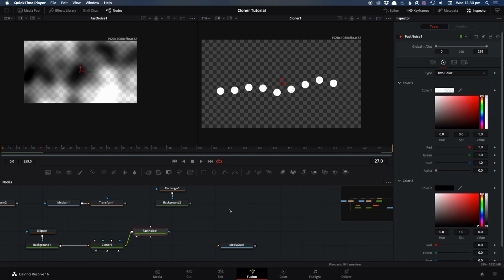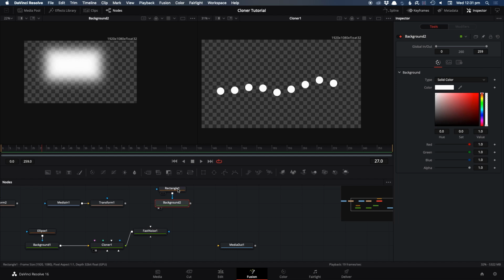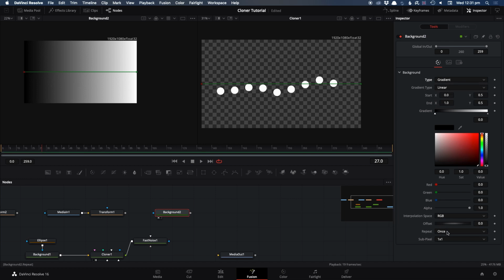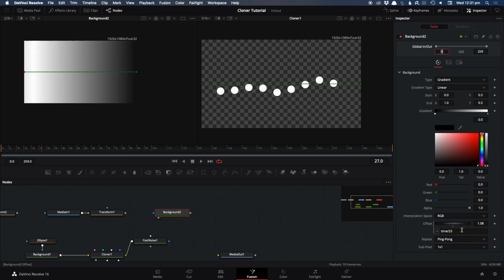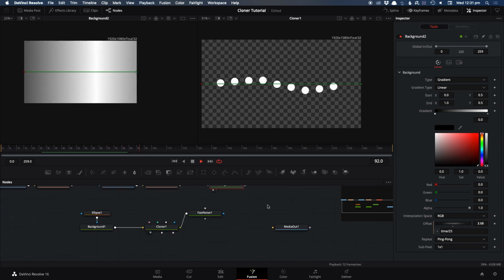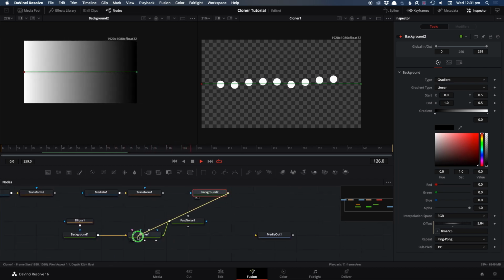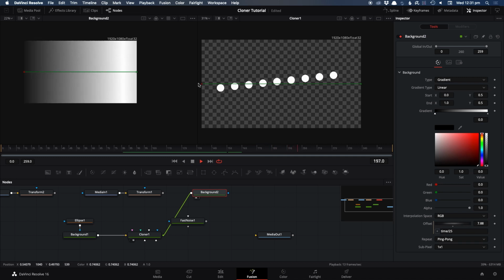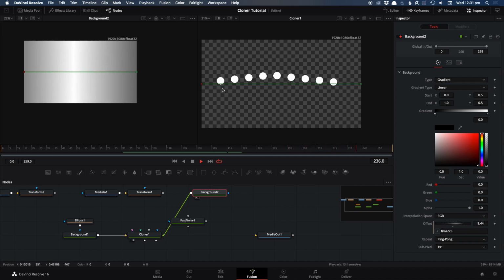To show the position effector a bit more, I'm going to take the background I created, remove the mask, switch it to gradient, mode to ping pong, and this allows me to move the gradient. And to animate it, I'm just going to add a small expression, which is going to change the offset over time. So as you see now, we have the gradient moving, but it is not affecting this at the moment because currently it's the fast noise, it is the position effector. But again, right click, hover over position effector, and you can see the effect of the position effector on this